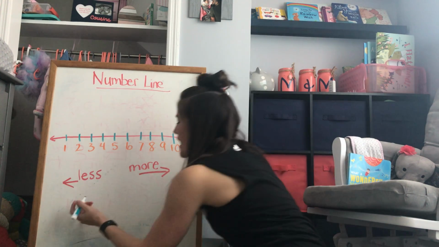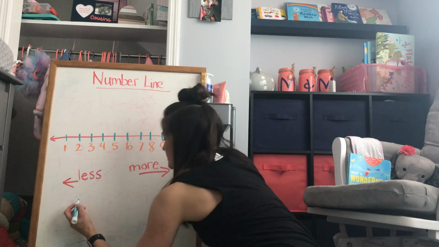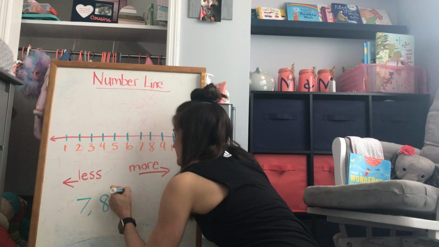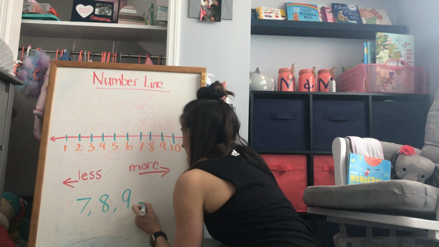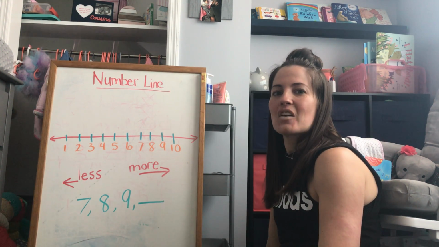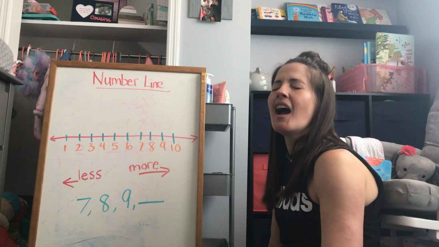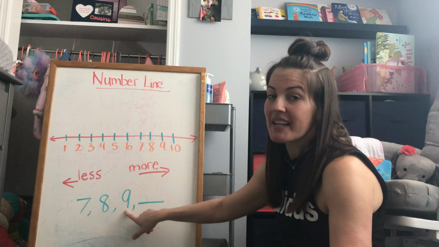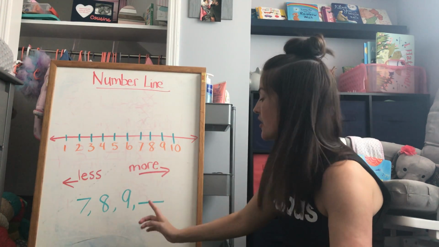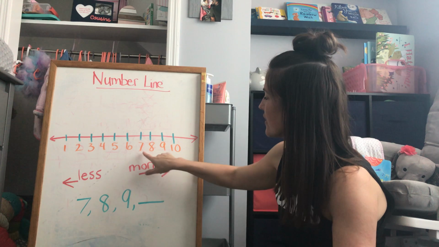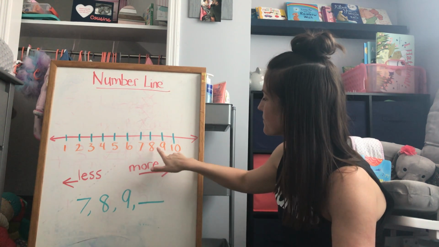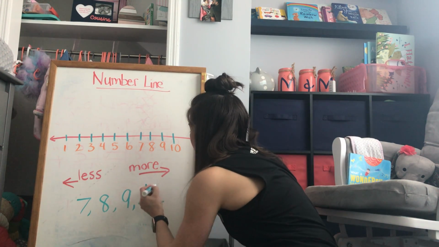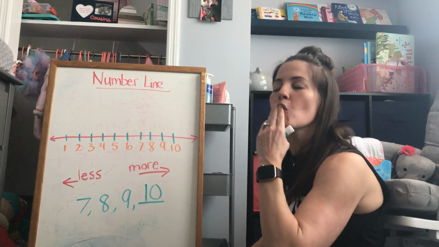All right, try this one. Starting at 7. 7, 8, 9. At home, you should be shouting out 10. 7, 8, 9. Now, this is my counting one strategy. I don't have to have a number line. I know it's 10. Or I can look up here and start at the 7 and count on. And I see after 9 is 10. If you said 10, kiss your brain. If you didn't, make a fix to it and kiss your brain.